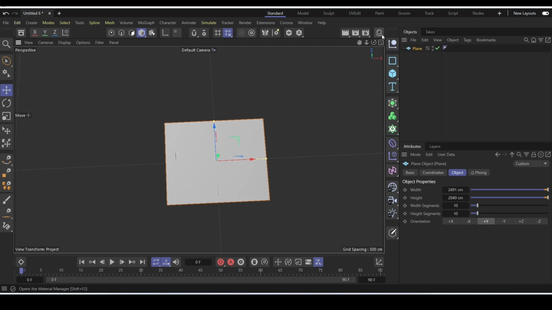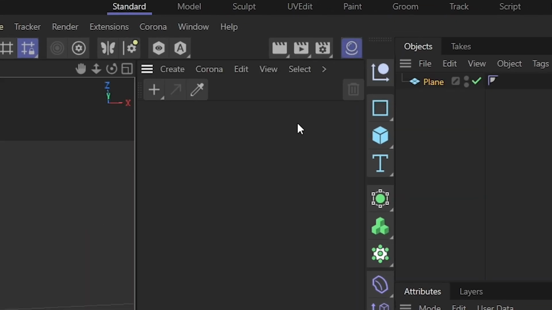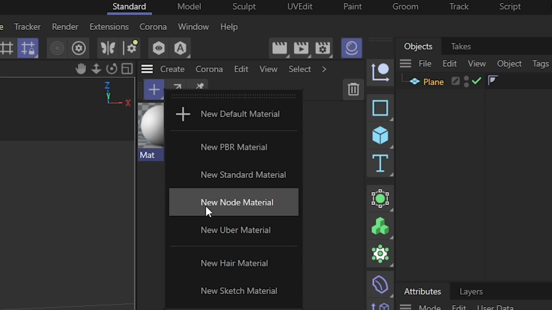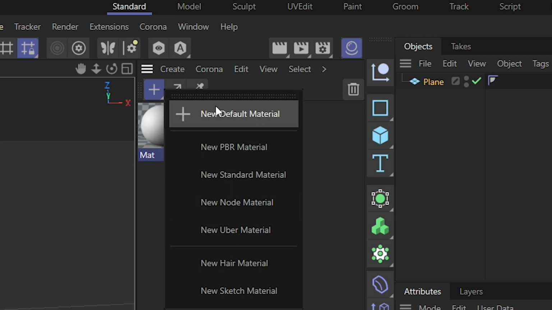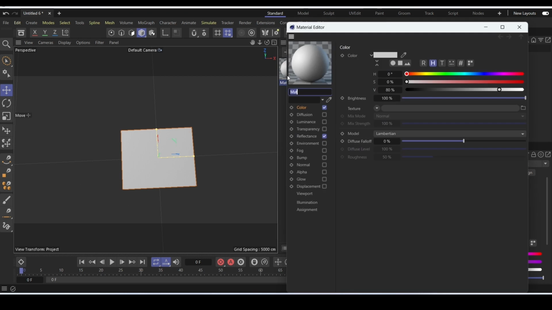Towards the right hand side of the screen, you see the material manager. Click on it to open up the material manager. To add in the material, click on this plus button. Now this will add in a Cinema 4D material. You click and hold if you want to add other kinds of Cinema 4D material, but we'll be making use of the default material here. So now double click on the material, which will open the material editor. Now in the color tab, head over to textures. Now we'll load up